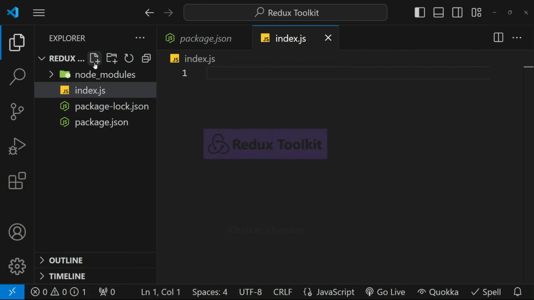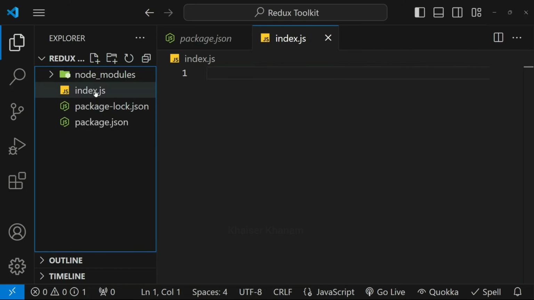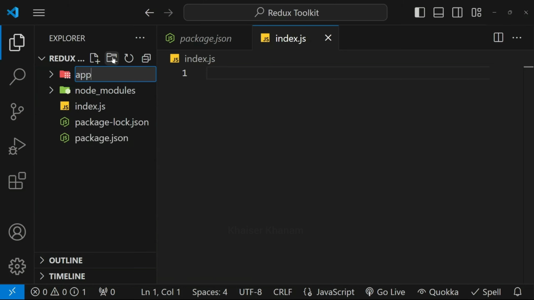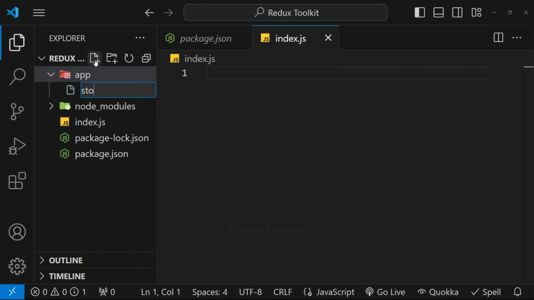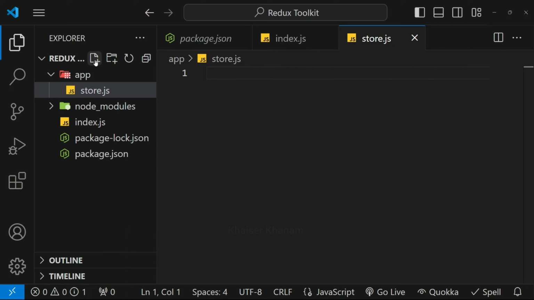But now we are using Redux Toolkit, so we are having some opinions on folder structure. So after creating this index.js, inside this root folder, we will be creating one folder app. Inside this app, I will be creating one file store.js, which will be holding all the information related to Redux